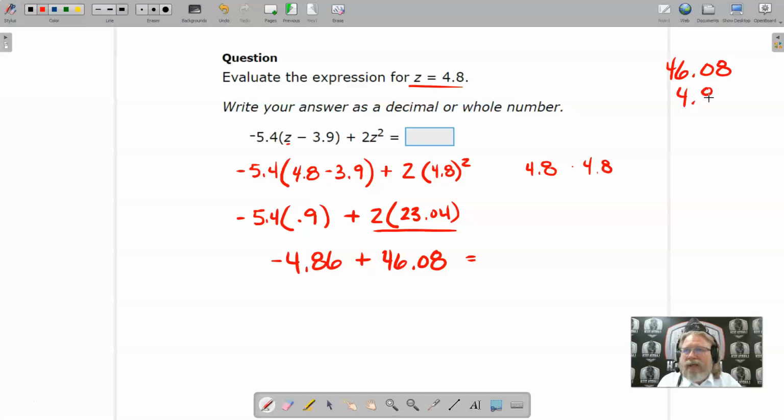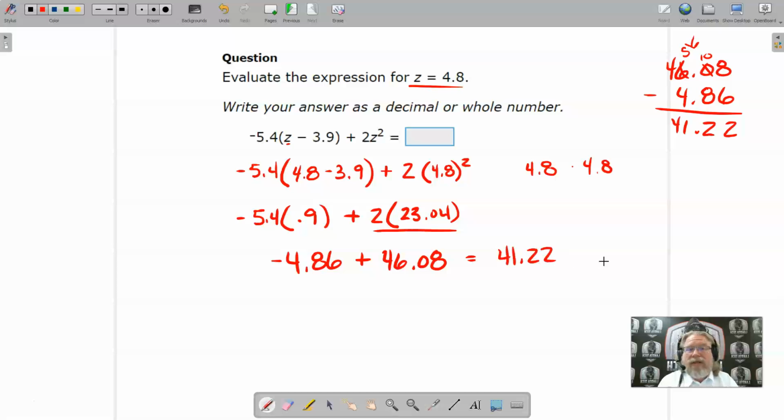So 4.86. And notice that I line my decimals up because I want to keep the decimals help show place value, what place value each number's in. So we do want to line them up so that our ones place and our tenths place and our hundredths place, all those values are lined up for us. And I actually want to subtract. So 8 minus 6 is 2. I need to borrow here. 6 is going to become 5. The 0 is going to become 10. 10 minus 8 is 2. And 5 minus 4 is 1. And bring down this 4 here. So I get